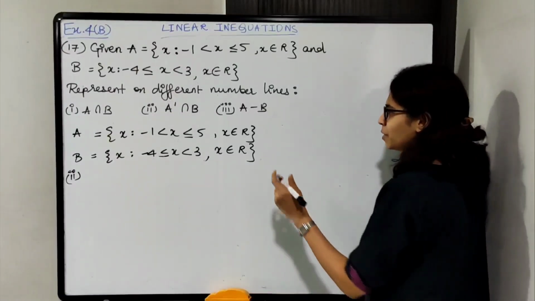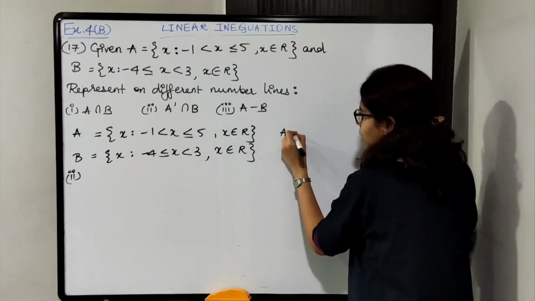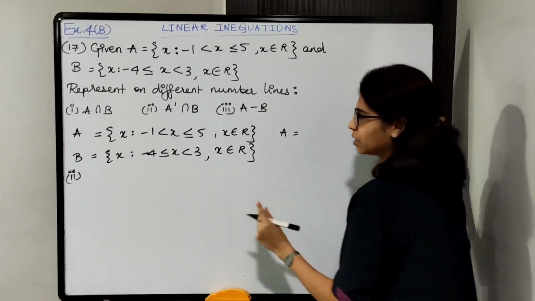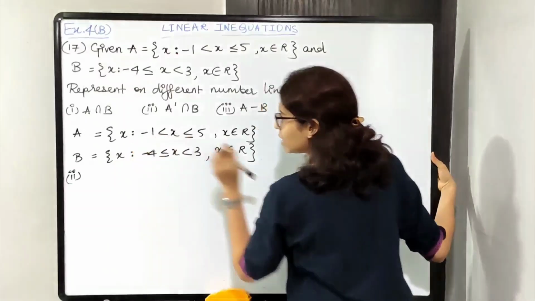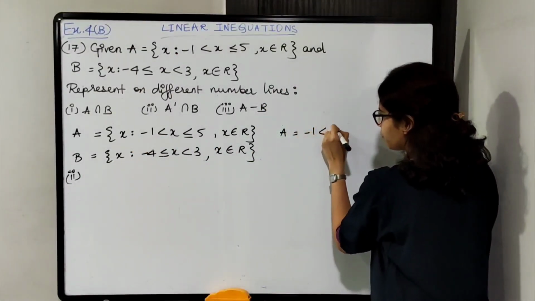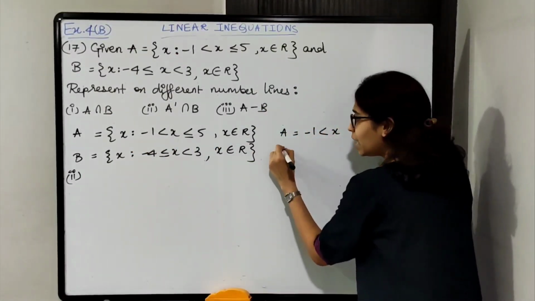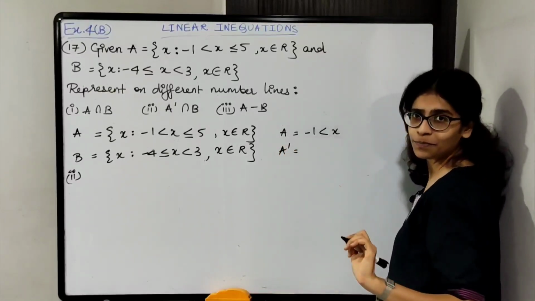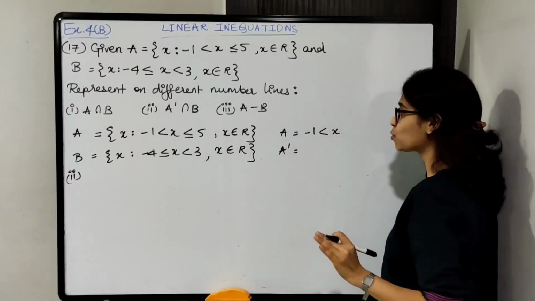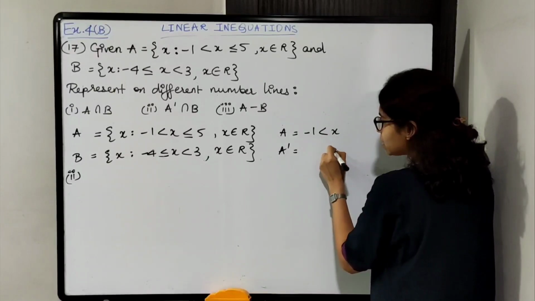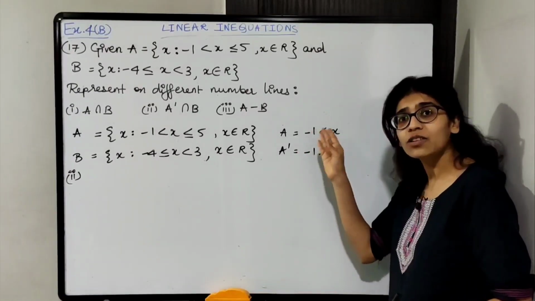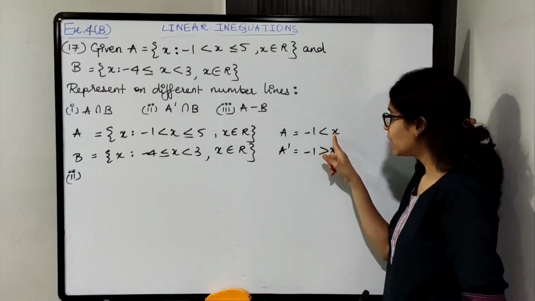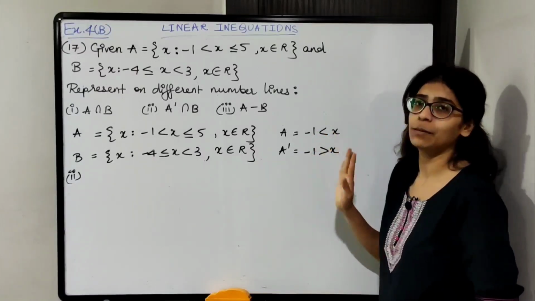Very easy method. A उसका रेंज हम लोग स्प्लिट कर देते हैं, फर्स्ट ग्रेटर दैन, देन लेस दैन. So x is greater than -1. A dash में ऑपोजिट हो जाएगा. So x will be less than -1. Just reverse this sign, सिर्फ साइन को रिवर्स कर दो. x was greater than -1, it became less than -1.